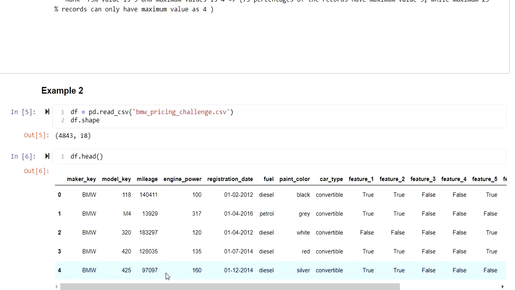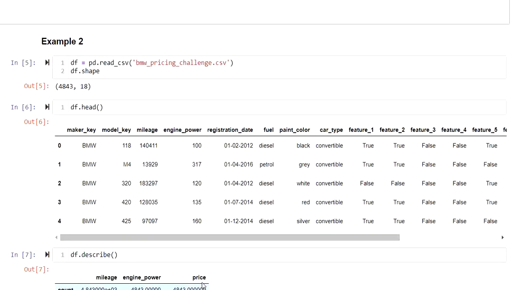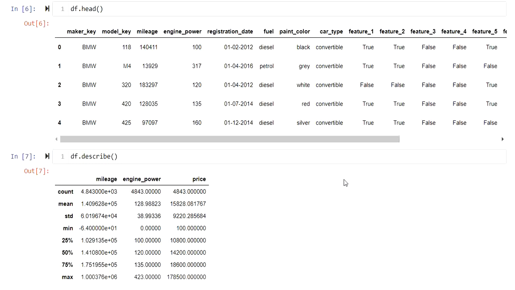Let's have a summary and try to get some description about our data set and some inferences given the description. So this is my df.describe, and if you see, we have just 3 numerical columns, mileage, engine power, and price, and we got this summary for them. Now, can you likewise try to look for insights? Can you do data validation, and check if you have missing values or not? Okay, let's try to see.